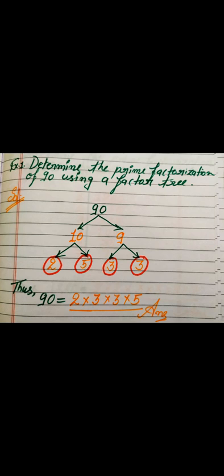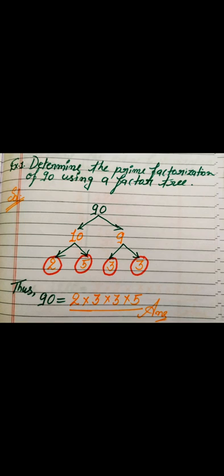Like, I have split this 90 as 10 and 9. As we know, 10 nines are 90. Their product is 90. Now you can choose any other pair of numbers, like 3 times 30 is 90, you may take 30 and 3, or 15 times 6 is 90, 15 and 6. It's up to you.